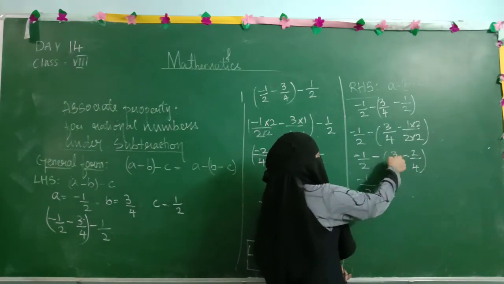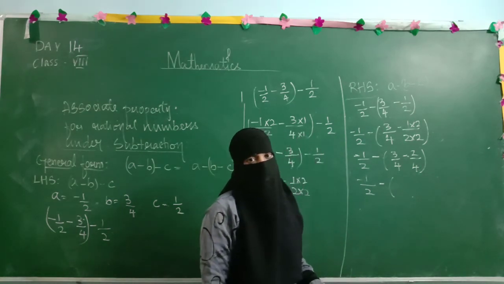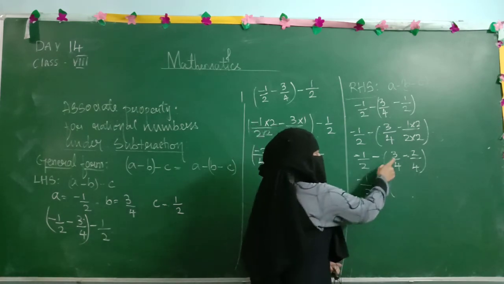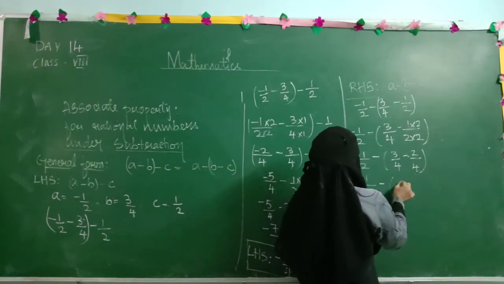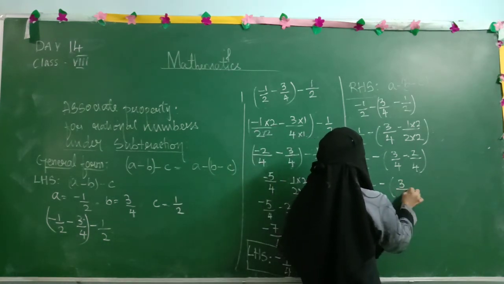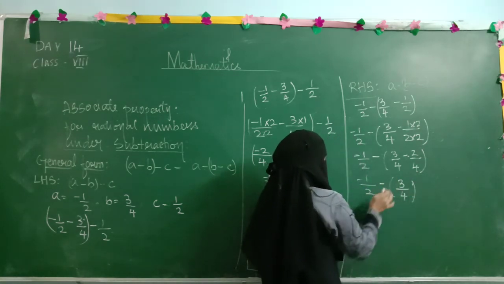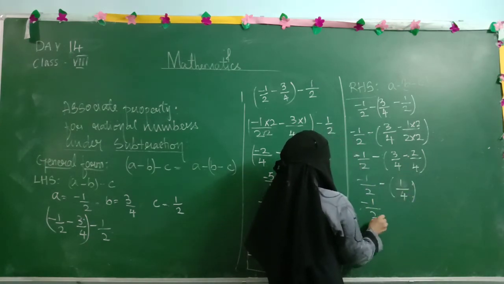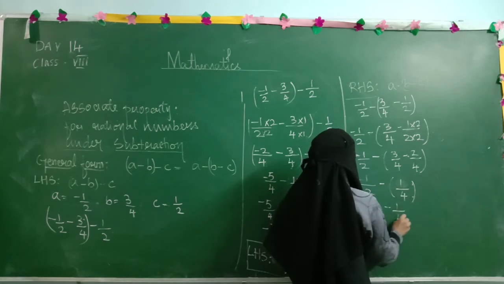So here you are observing that 3 is a bigger number and 2 is a smaller number, and between them the operation is subtraction. So 3 minus 2 you will get as 1, and the bigger number is here 3, so we have to write the positive sign. Fine. So 1 by 4. Now we need to open the bracket. Sorry, 3 minus 2, I said you 1. Minus 1 by 2, then here minus and here it is plus, so minus into plus it is minus 1 by 4.